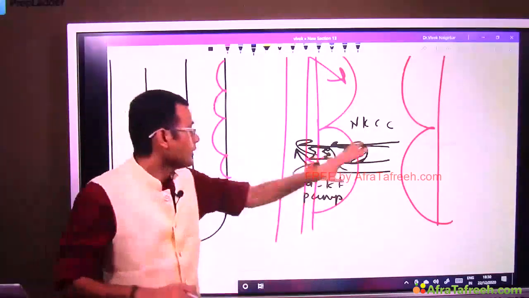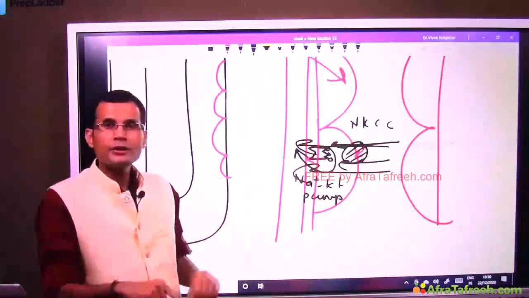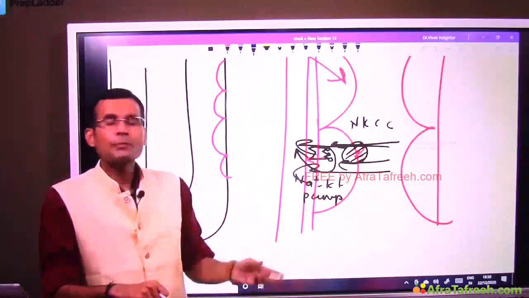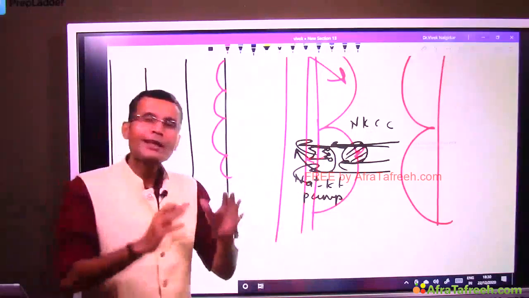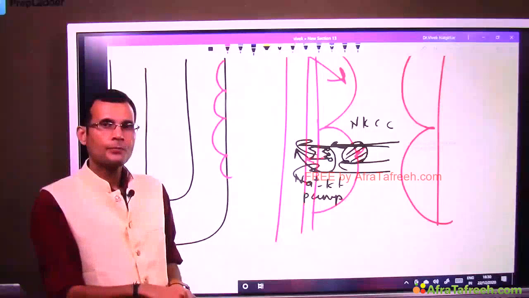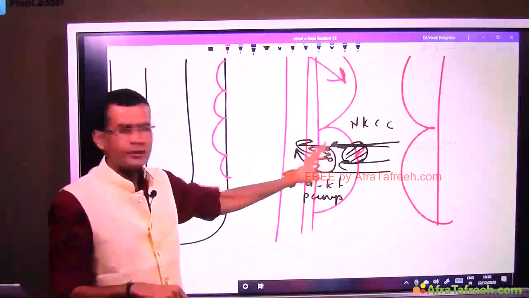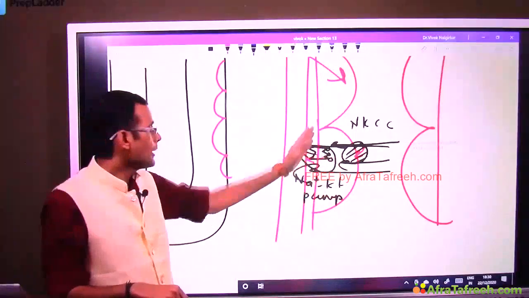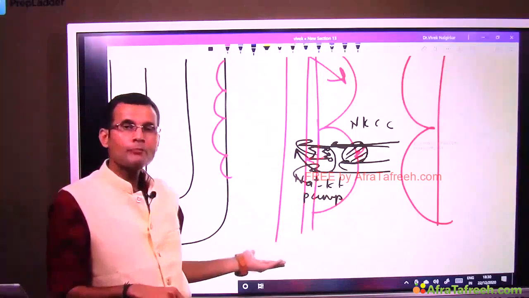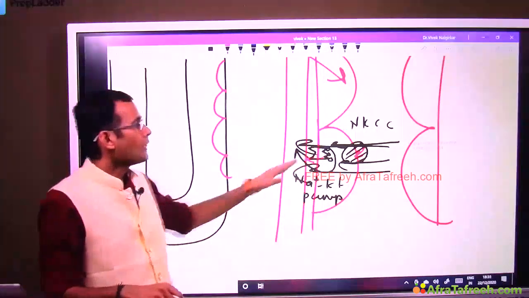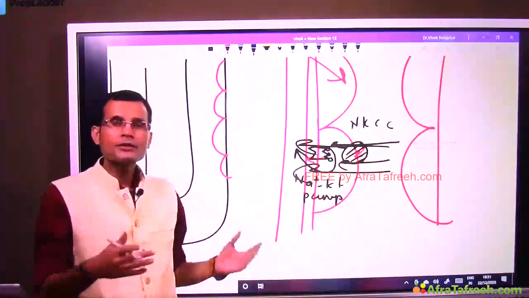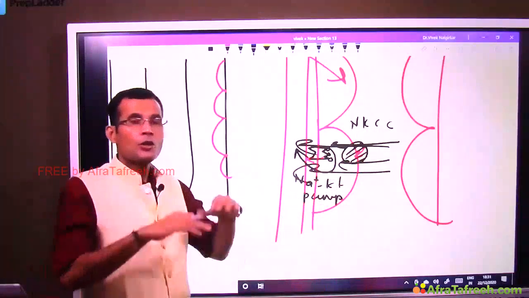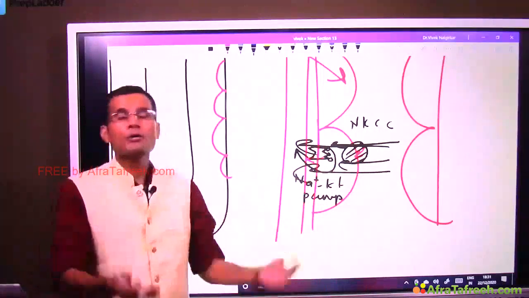Those mechanisms consume less metabolic energy, and particularly these mechanisms where on the basolateral membrane there is the sodium potassium pump, which is an ATPase, and on the apical membrane there is NKCC or NCC, they will consume more amount of